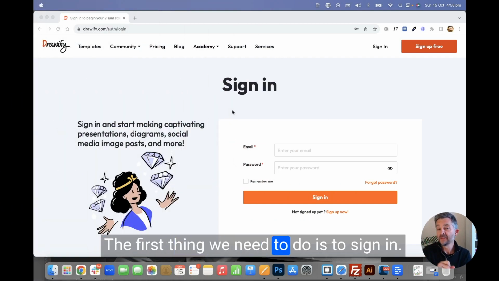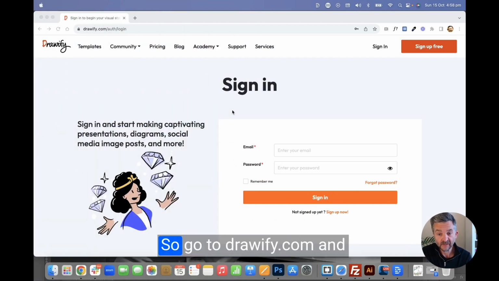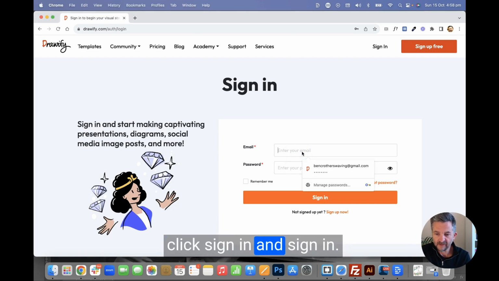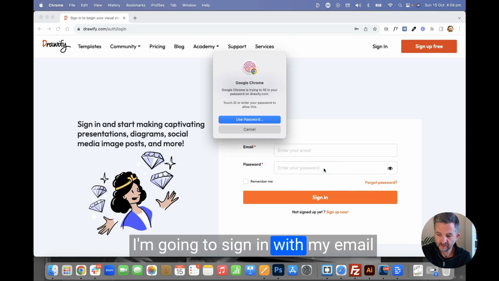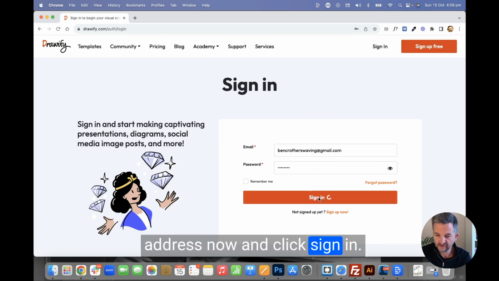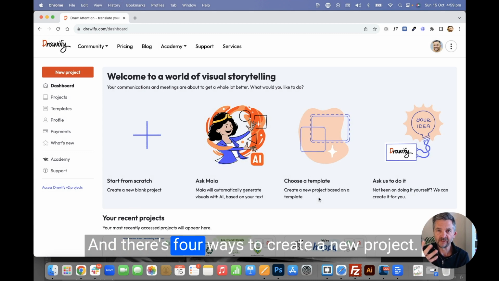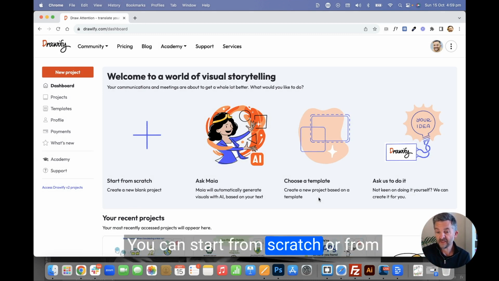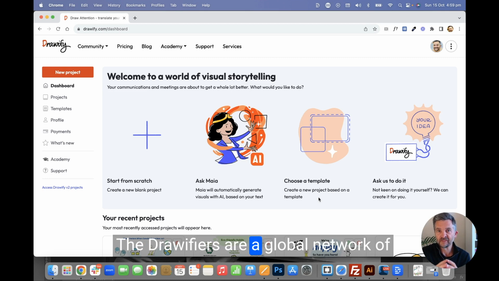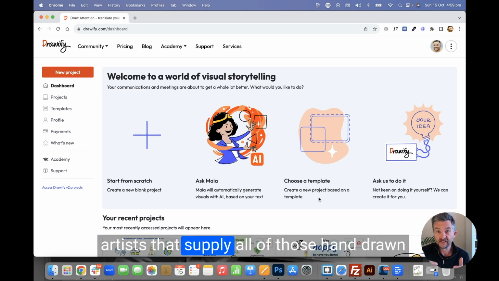The first thing we need to do is to sign in. So go to drawify.com and click sign in. I'm going to sign in with my email address now and click sign in. And once you do that, you'll see your dashboard, and there's 4 ways to create a new project. You can start from scratch or from a template, or you can even ask one of the Drawifiers to do it for you. The Drawifiers are a global network of artists that supply all of those hand-drawn images that are